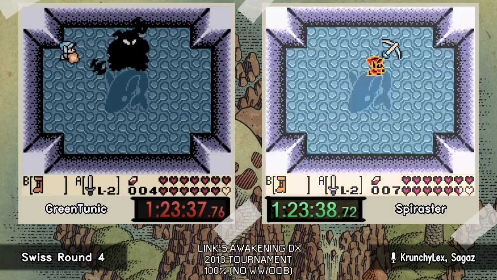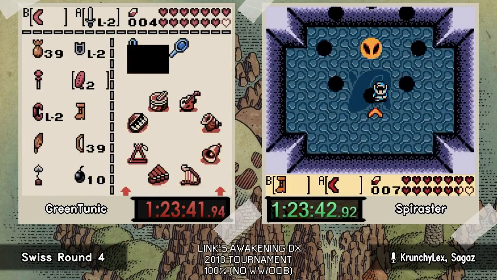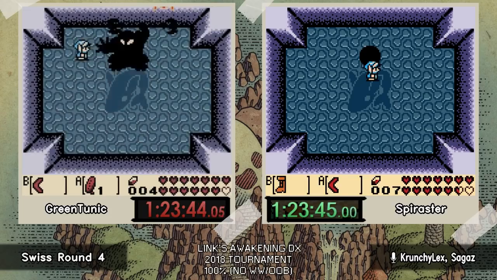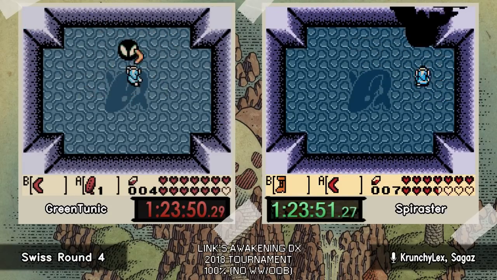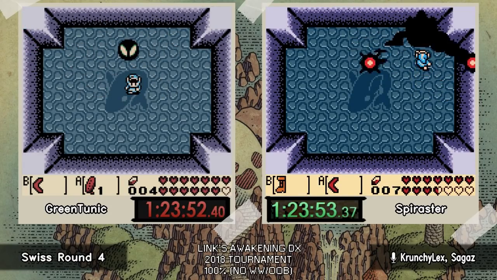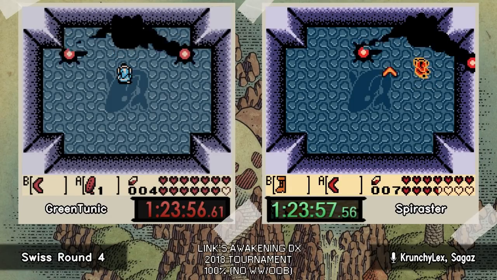So... Oh, GT is going to do the detail skip. Oh gosh, this could be it! If this works, this could be what decides it! No! No, he lost it. Oh no! So now it's down to the eye. If Spiraster got a good detail, he will win. If not...